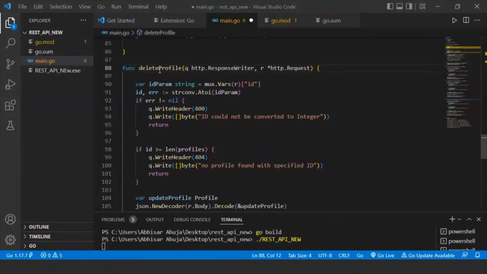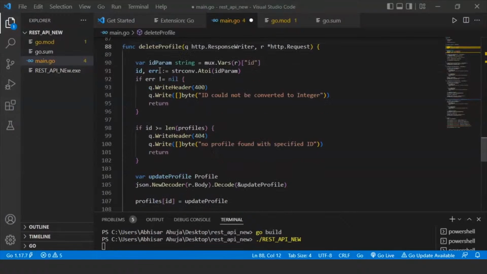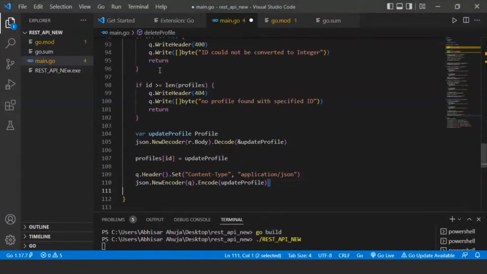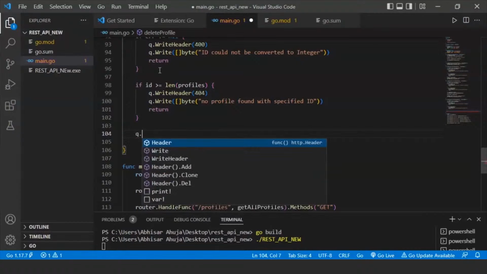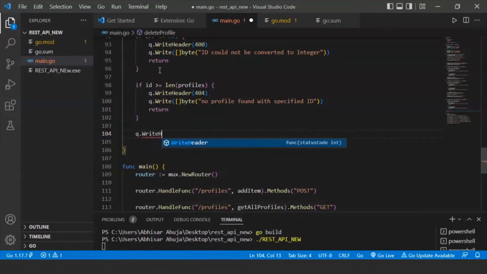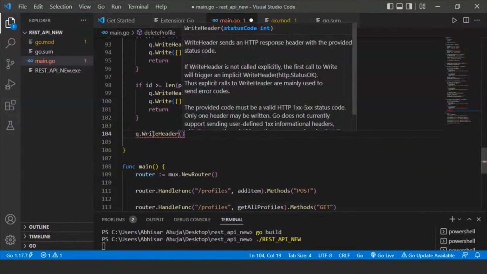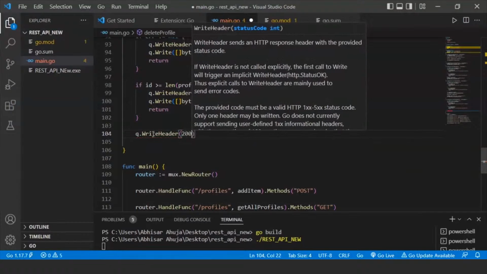Now we will send the response, and we don't have anything to send in the response body, so we will delete this and we will send a 200 OK status, so we could confirm that the profile has been deleted. So for that we will write q.WriteHeader, and it would show the status 200,